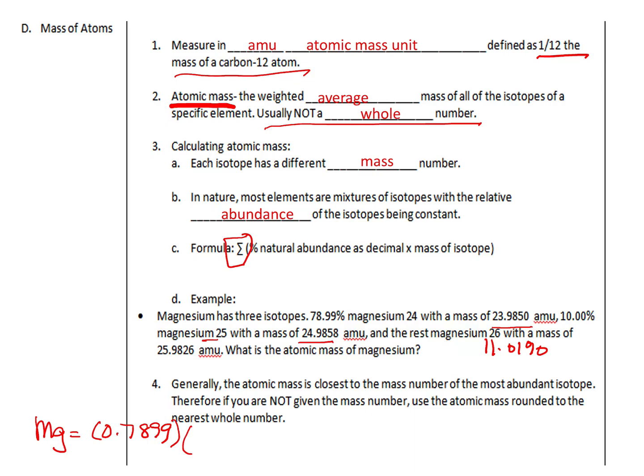and then it says natural abundance times the mass. Okay, the mass of magnesium 24 is 23.9850. Okay, we have to take that one, and then we're going to add it to the 10%, so as a decimal, 0.1000, and then times the mass of magnesium 25, which is 24.9858, plus the rest, which we said was 11.01%, so we'll make that a decimal, 0.1101, and times the magnesium 26. Magnesium 26 has this mass,